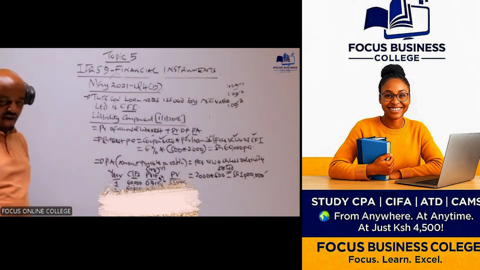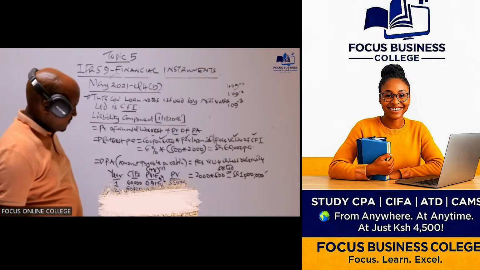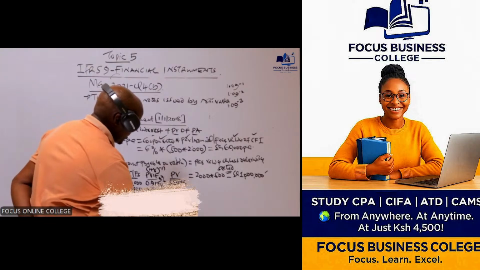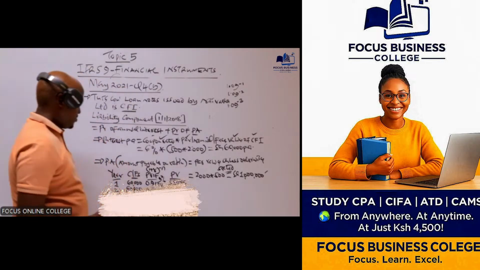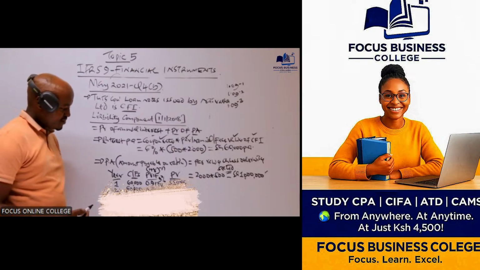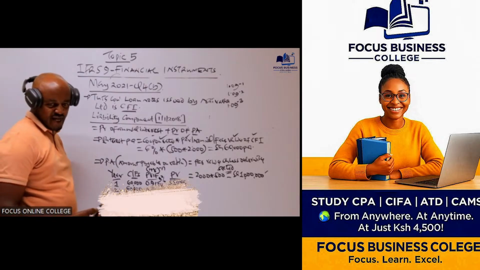What about year 2? 60,000 times 0.8417, which will give us 50,502. Year 3, 1,060,000 times 0.7722, which gives us 818,